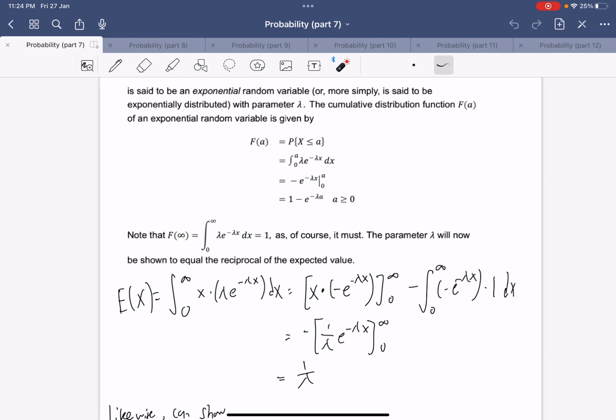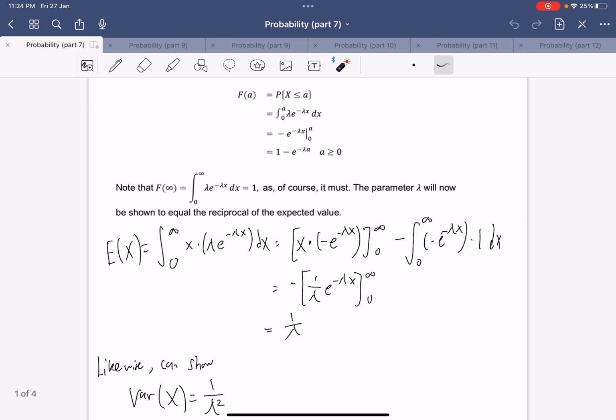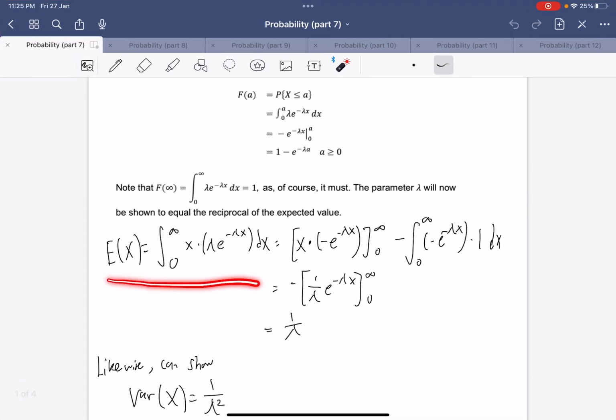And so we can also compute the expected value, and all this is really to help you practice and familiarize yourself with the techniques when dealing with continuous random variables. So let's go through it. For the expectation, you are just integrating from 0 to infinity, so all the values of x times the p of x. So the p of x is lambda e to the power minus lambda x,